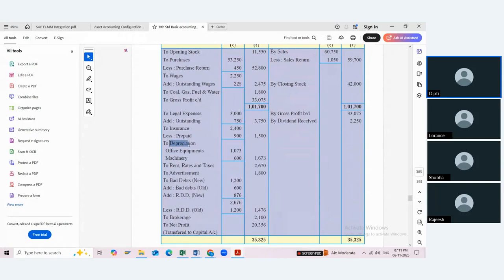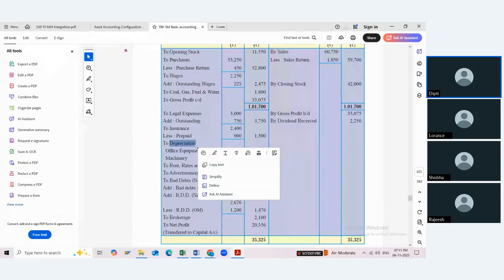So this depreciation you create as an expense account. When we calculate the depreciation, the accounting entry passed is depreciation account debit to accumulated depreciation, which is the depreciation that you deduct from the asset side.